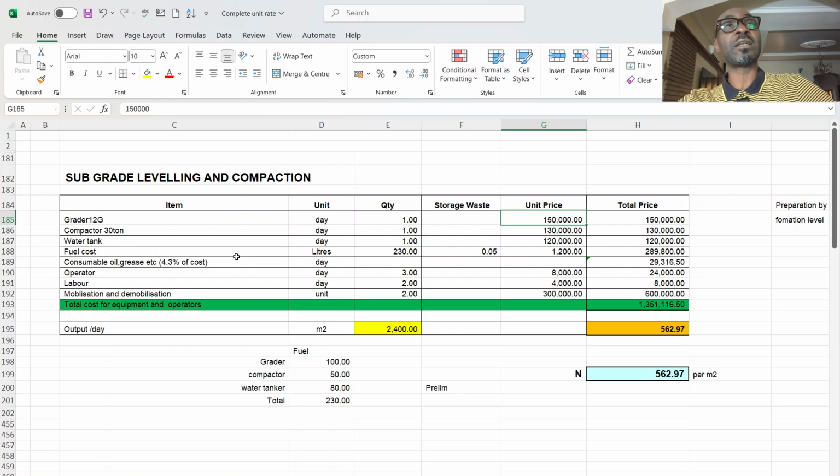As for the water tanker, depending on the source of where you get the water, that is what will determine the time it goes and the time it comes back, exhausts that water, and goes back to fetch another for the continuation of the job. So the liters will be calculated, and for this exercise, you can see I have marked the liters, and it came to 230, and that is why you see 230 liters in the quantities column. Then the cost is 1,200 per liter. You multiply it, and you now have